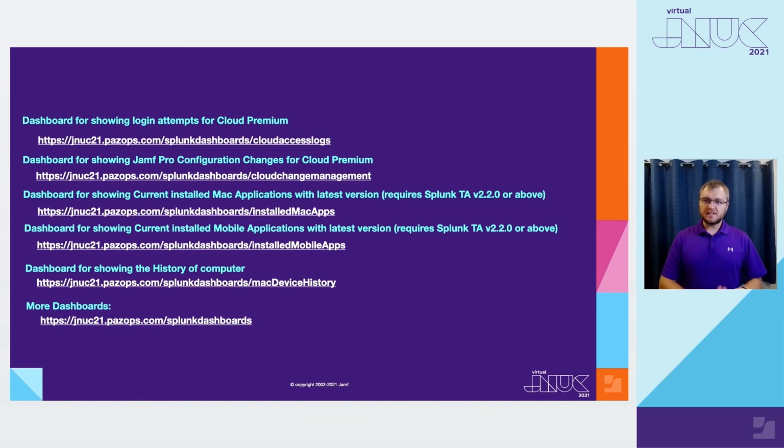After that, you have your change management, so you can create some dashboards related to who logged in and changed what. So you can go in and say, Mary logged in, Mary changed this smart group. After that, you have the installed Mac apps and mobile apps. This one does require you to run the Splunk TA version 2.2, and it is available for on-prem or cloud customers in both scenarios. So you can be cloud for Splunk or cloud for Jamf or on-prem, irrespective of those. And then the last one is the interesting one, which is the Mac device history. You can go back and view a Mac 6 months ago, 1 year ago, or whenever you set up the TA, and see what exact applications were on there.